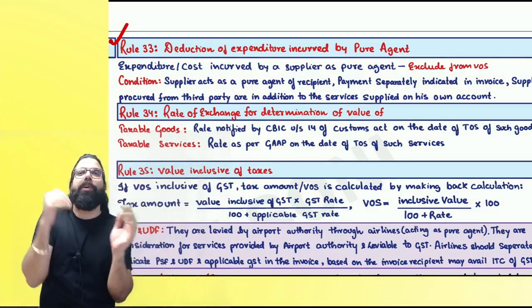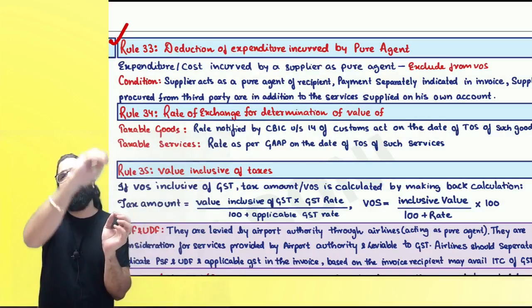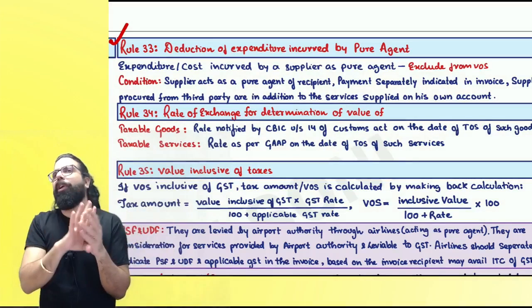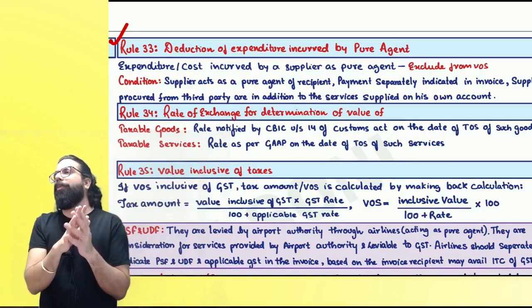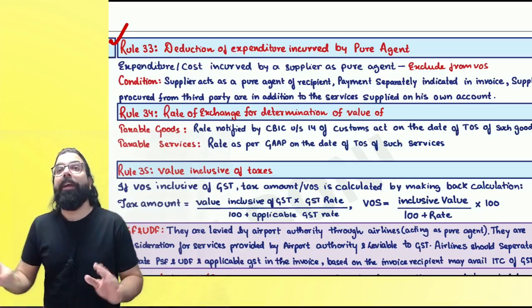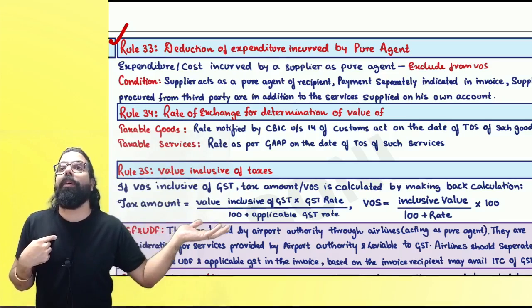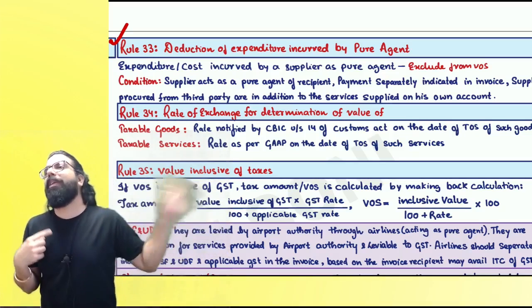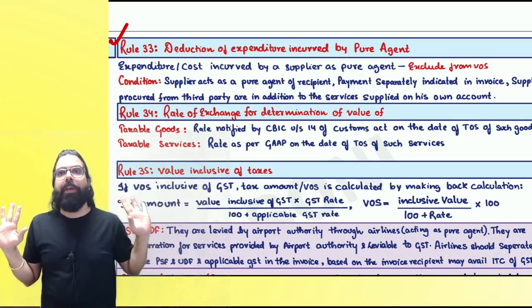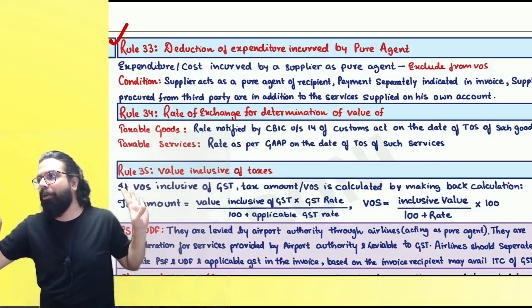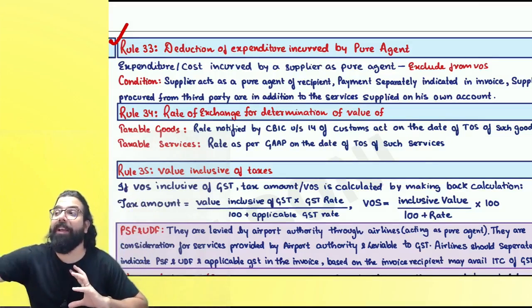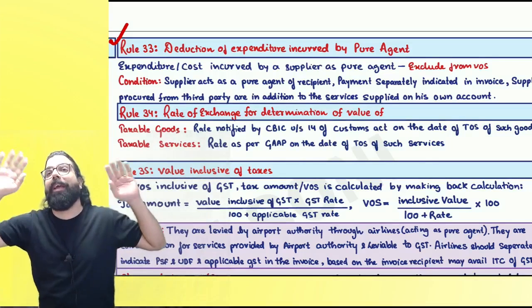When the transporter will transport the goods, loading charges you gave, you please pay whatever is the transportation charges to the transporter. I will reimburse you later. Is it my responsibility to do all those things? I'm just doing all those things on behalf of the client for his convenience. That's all, and later I'm taking the reimbursement. Are you guys able to understand? Whatever I'm taking for my supply, that will be my value of supply.